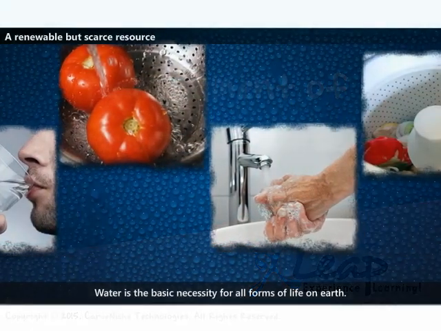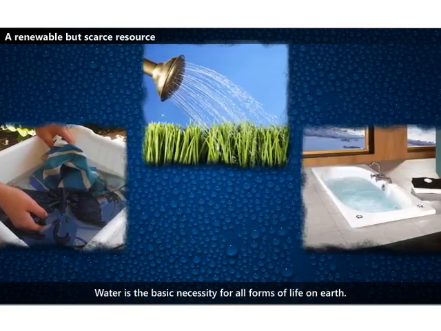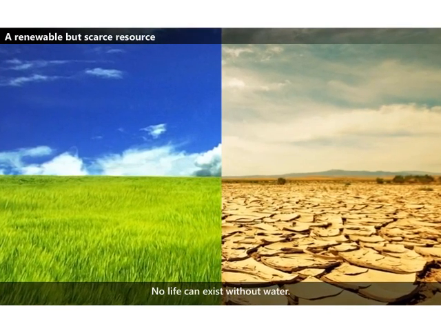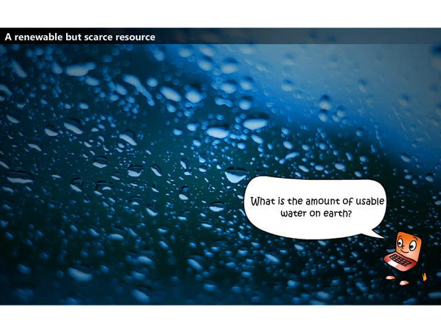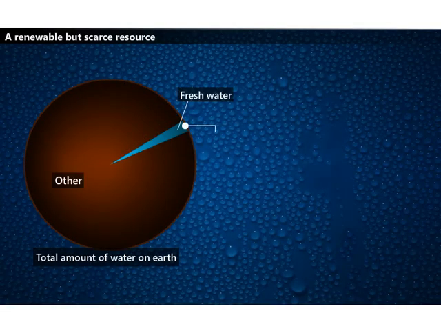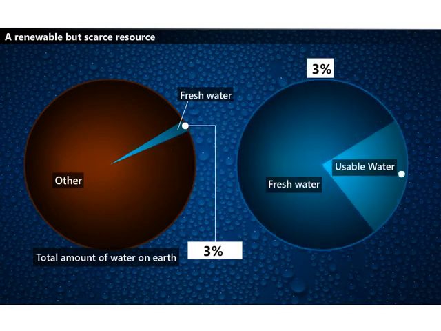Water is the basic necessity for all forms of life on Earth. No life can exist without water. What is the amount of usable water on Earth? Out of the total 3% of fresh water, only a very limited amount of just little more than 30% is